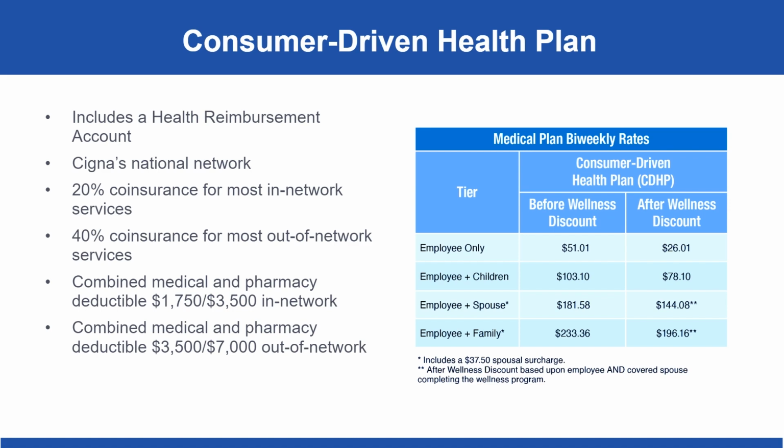Under the CDHP, you have access to all Cigna providers throughout the country without having to seek referrals or see specialists. There are no copays on this plan, meaning that you will pay 20% utilizing in-network or 40% out-of-network for the cost of your doctor's visits, hospital stays, lab work, x-rays, emergency room visits, and outpatient procedures after you reach your annual deductible. The in-network annual deductible on this plan is